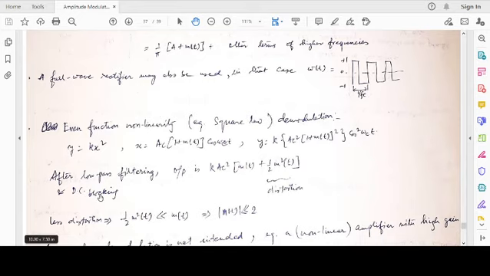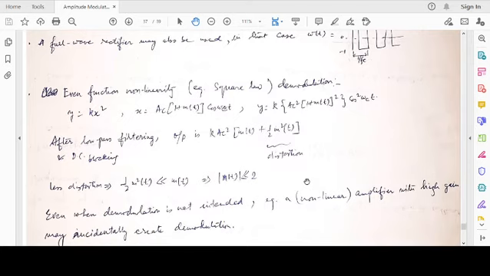After low pass filtering and DC blocking, the output is k A_C square. Cos square, as you know, corresponds to twice the frequency, and the DC portion would be m(t). So k A_C square, and after DC blocking, so 1 is removed, you have m(t) plus half m squared(t). So a square law demodulation would lead to this. This is the desired signal, right? m(t) after low pass filtering and DC blocking.